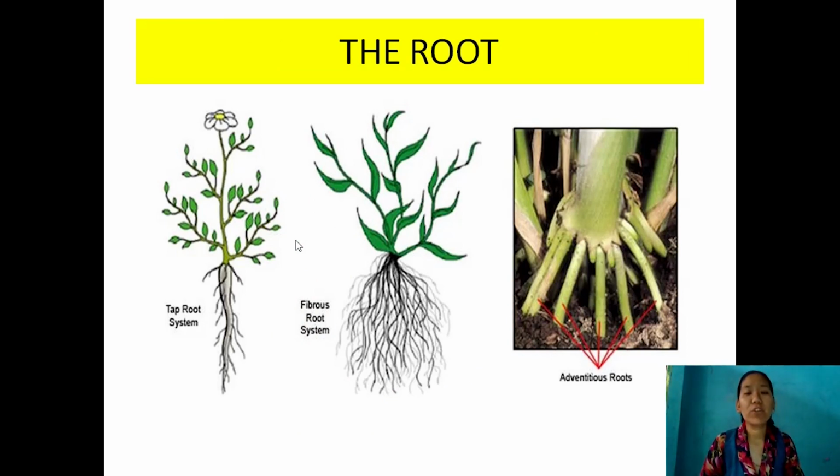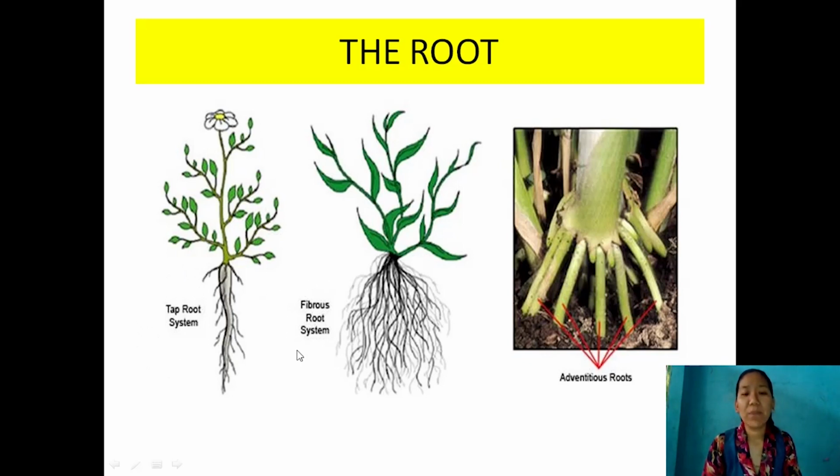These roots are classified into 3 types. The first one is the taproot system, which is found in dicotyledonous plants. Dicot means the plant having 2 cotyledons in its seed. In this case, the primary root is persistent and strong. It is the main root you can find here, and these are the secondary roots. So the primary root is main here, it is persistent, and such a type of root is called the taproot system.